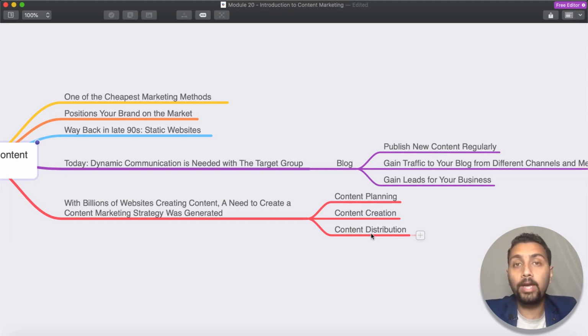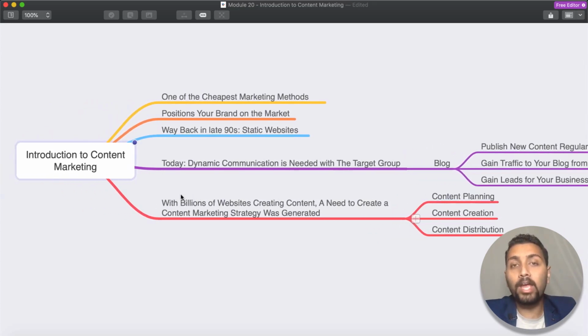Okay, and after you do that, obviously not all of them are going to convert into leads, but the ones that do are going to be beneficial for you, because they are going to result in sales for you, right? And then it is your business model that can actually earn more money out of the same customers by providing more value to your existing customers, along with getting new customers for your business. All right, so now you understand why content marketing.